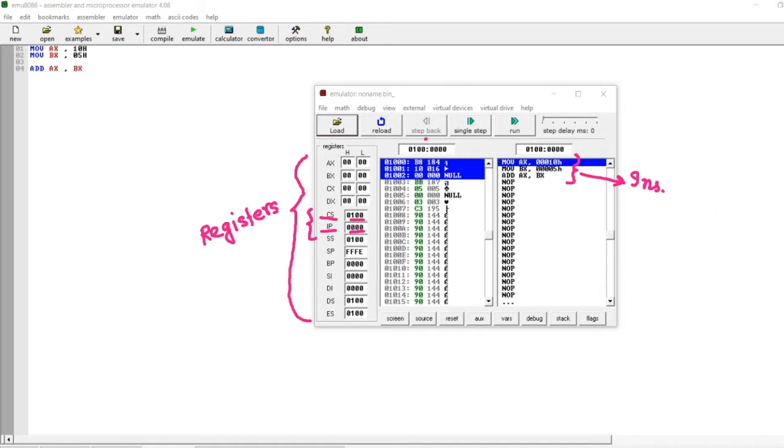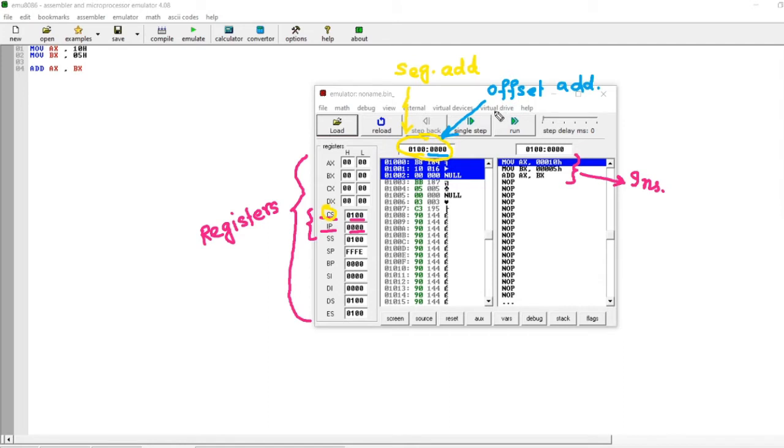Now let us bring our attention to this part. We can see there are two numbers separated by a colon. The first number is our segment address, and as I discussed in the last slide, this segment address is given by our CS register. So as you can see, the CS has the value 100, so this first value is 100 here. Now the second value, that is 0, is our offset address.